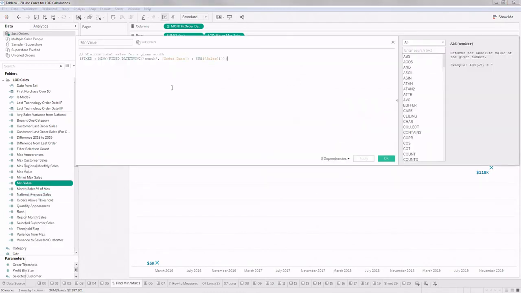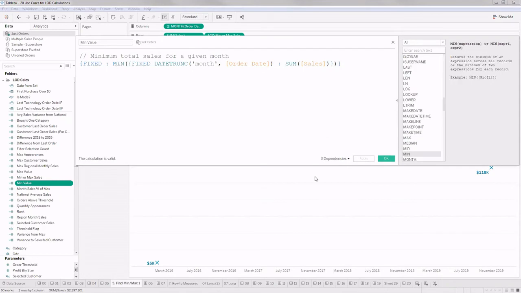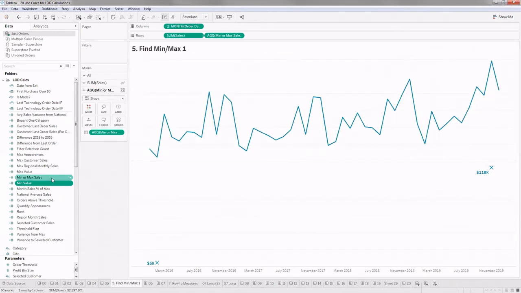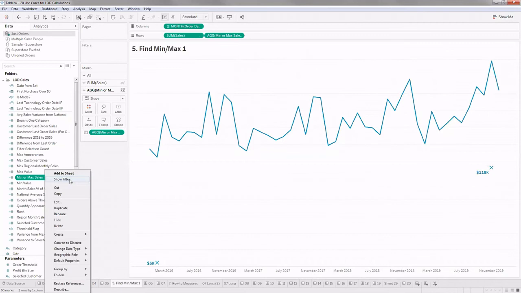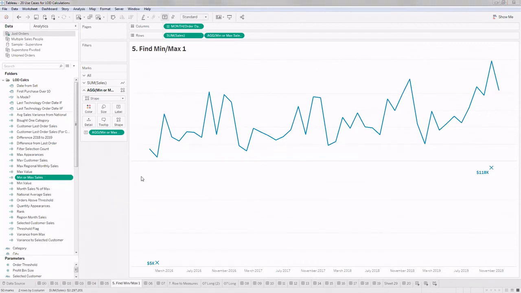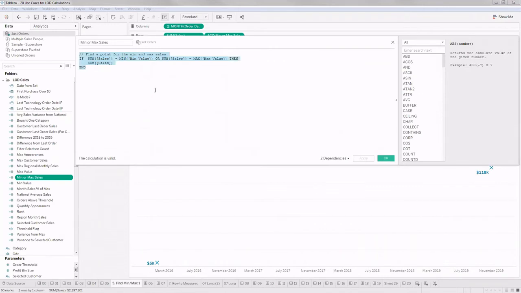Now I have the minimum and maximum sales. Now I'll create a measure using these two values. This is just a simple condition: if my sum of sales